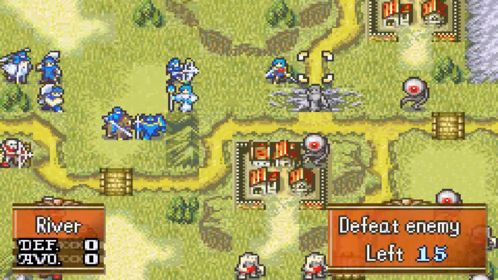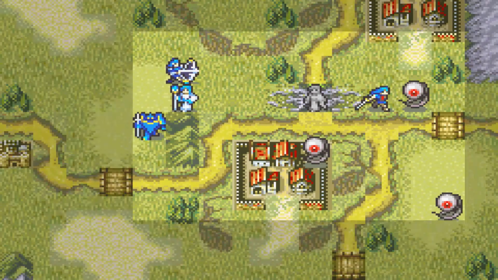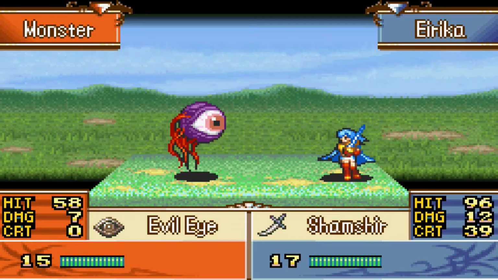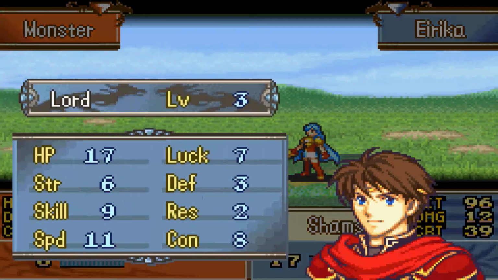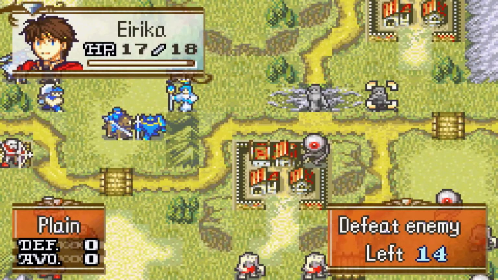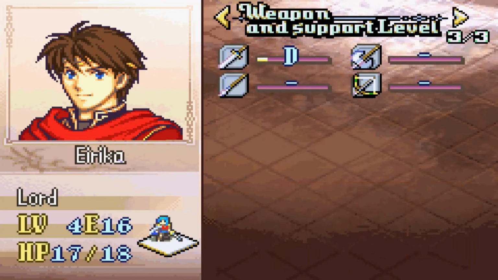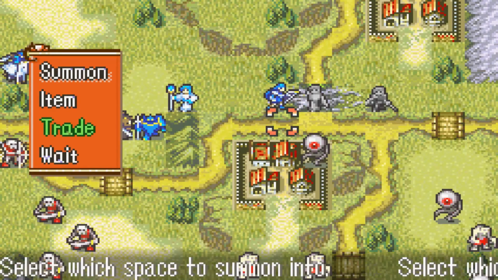That's just a tip. Let's place myself over here and use a Shamshir because I want to get a critical hit, and why not? There we go. I'm still a girl, but I don't mind. I haven't loaded a combat animation. There we go. Very nice. These are base growths, I thought. And if not, then, well, if these are base growths, Erica had a pretty decent level up. Nice. Let's summon another Phantom.